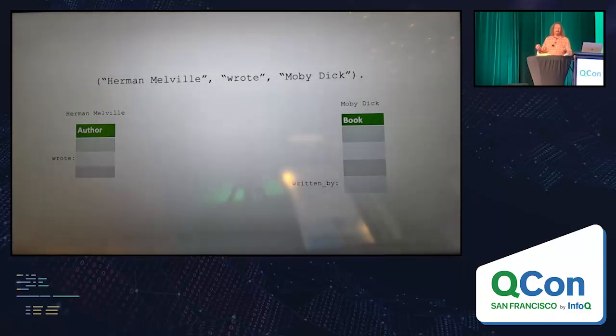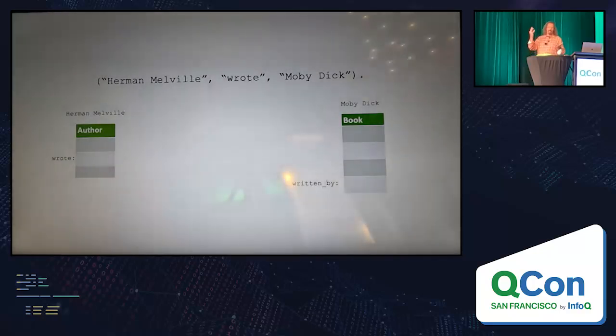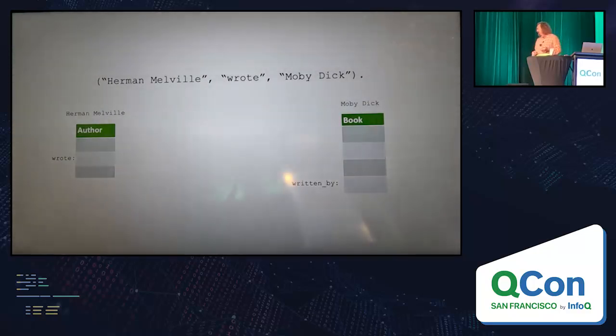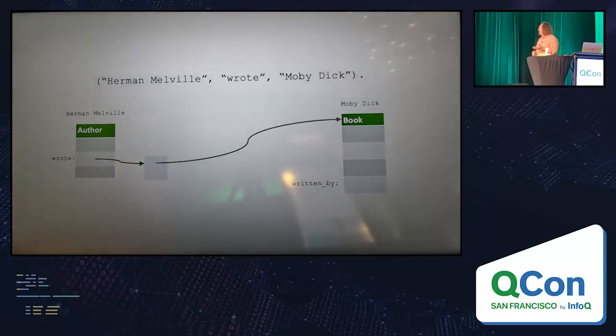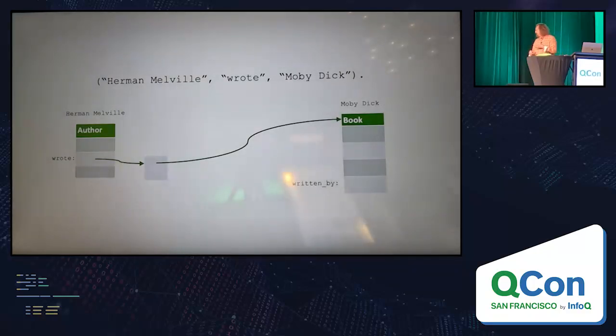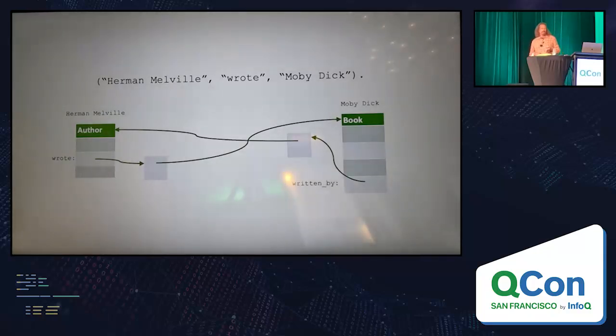And if you're an application programmer, you're probably going to model this as, well, I have a struct author, and here's the one for Herman Melville. He wrote a book. He could have written many books, so there's a vector right there. And then one of the books that he wrote is Moby Dick, right? And similarly, the Moby Dick structure is a book. Books were written by an author, and there's the author.